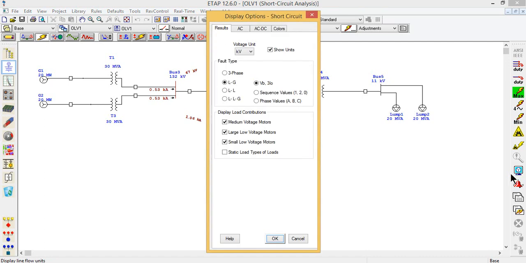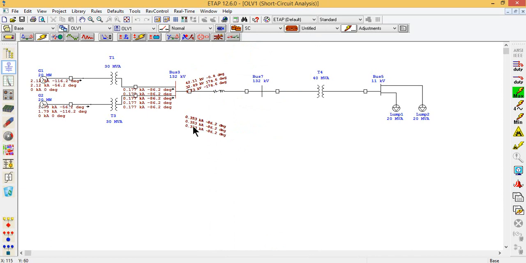Now if I change this, like I want to see the values of sequence components. Now it is showing the values of sequence components, that this 0.177 kiloampere is the positive phase sequence, and then we have the negative sequence, and the last one we have the zero sequence.